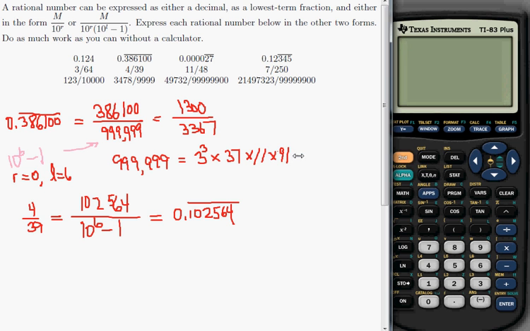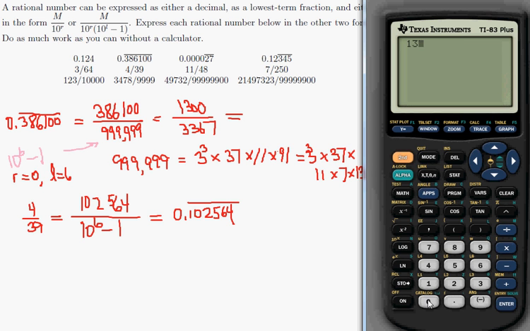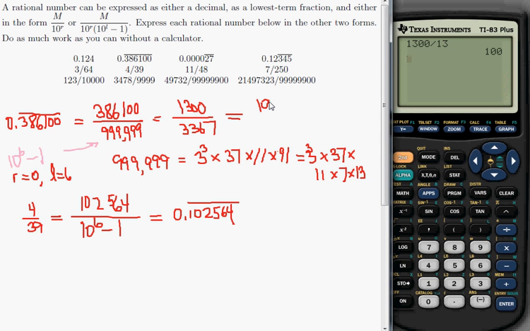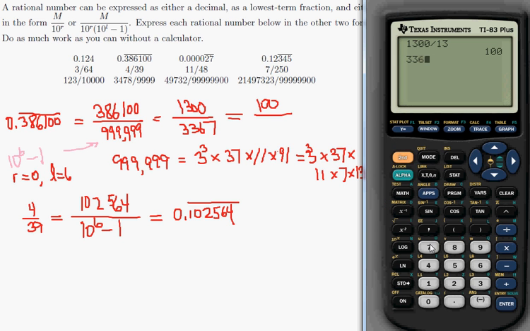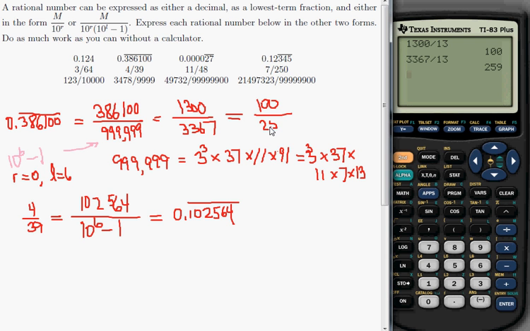Continuing on, I should have realized this earlier, that 91 is not prime. That's 3 to the 3rd times 37 times 11 times 7 times 13. And so I should have checked this up here. This is not correct. 13 goes into both the bottom and top. 1,300 divided by 13 is 100. And 3,367 divided by 13 is equal to 259. So I apologize that I did not properly reduce that to lowest terms because I thought that 91 was a prime number. Okay, lastly,